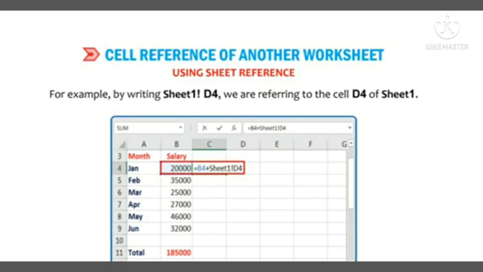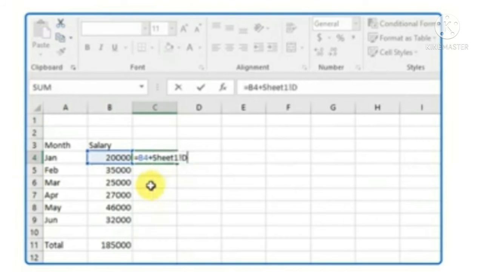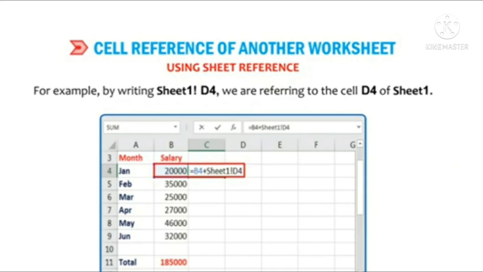And after that you have to press enter. So here you can see what this formula means. Yes. Here from Sheet 1 we are taking the cell reference of D4. So that is why we are typing like this, Sheet1 exclamation mark D4, and adding it with B4.